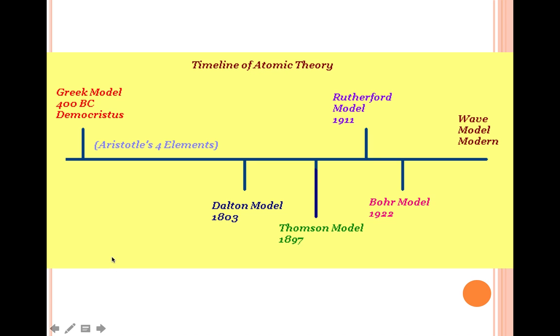So one more time to summarize. The Greek model, first time we had the word atom, was 400 BC. Then we had Dalton's model in 1803, where again he picked up the word atom, but it was based on experiments. And then we had Thompson's model with his cathode ray tube in 1897, where he actually knocked off electrons and realized that the atom had parts. And then we had Rutherford's model with the gold foil, where he proposed the nucleus. It's called the nuclear model. And he said, you had the positive nucleus, but the atom was mostly empty space.